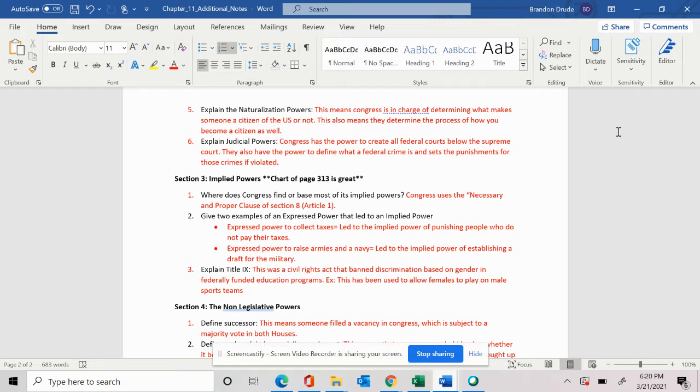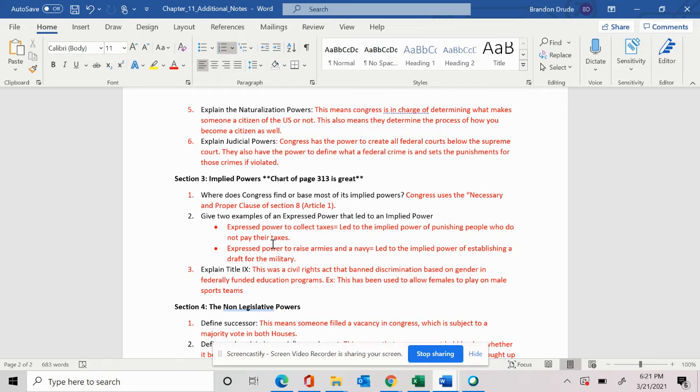Now, earlier when I did my outline video, I said that I'd be telling you guys about a chart that will be really great in the book. So please go to page 313, and it shows an awesome chart that shows you the implied powers. It'll really help you to get these examples. I put examples here, but I would definitely like you to look at that cool little chart. I got these directly from the chart. All right, so Congress gets most of their implied powers from the necessary and proper clause that is in